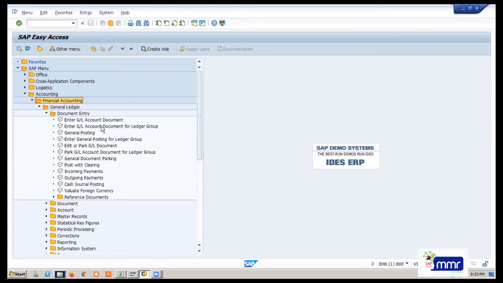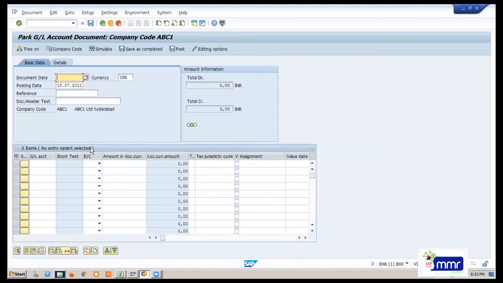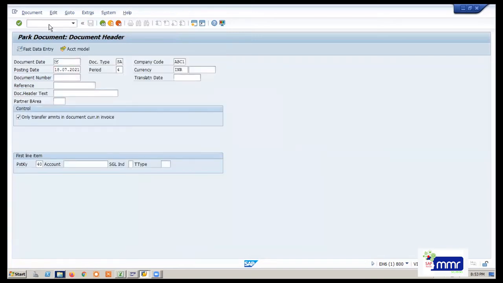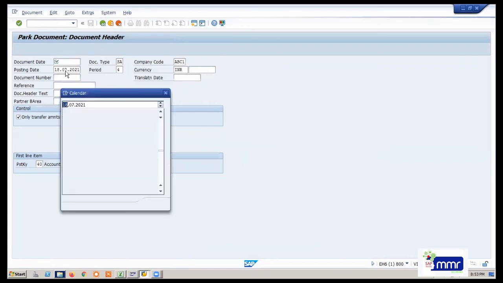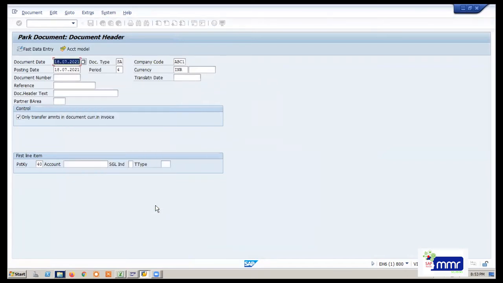Yes, this one. This is the T code we can use to post and park the document. So this is the path you can use. Otherwise you can directly use the T code F-65 also. You can enter the date. The park document is also in the same way. It will not be posted in the P&L account and balance sheet. It is temporarily parked in the system till the approvals come, and then they can post it. Till that time it will be parked only.